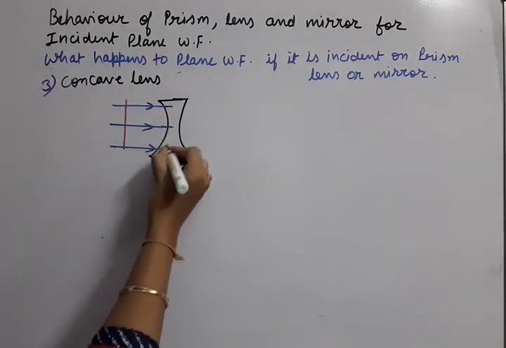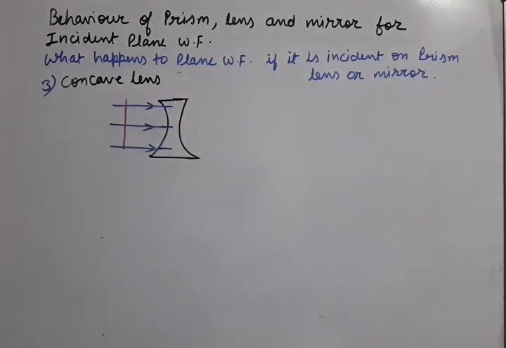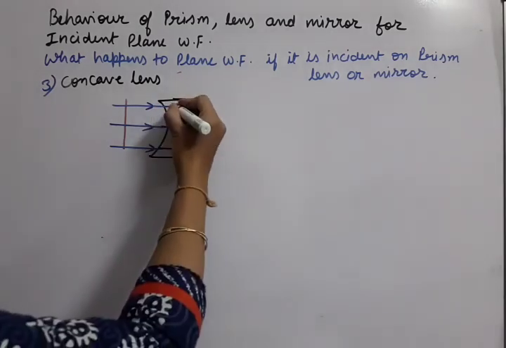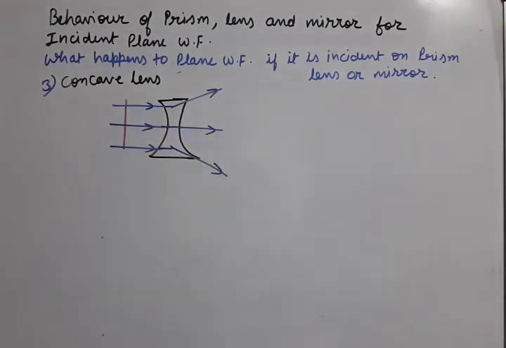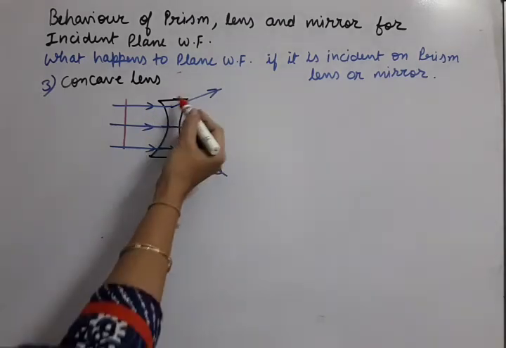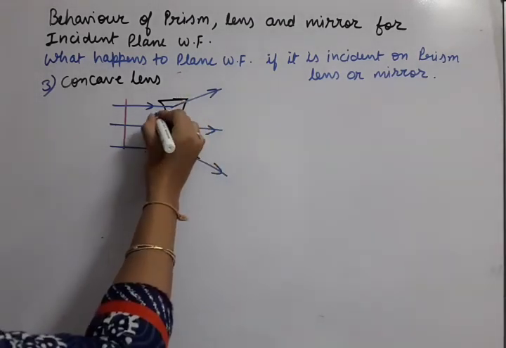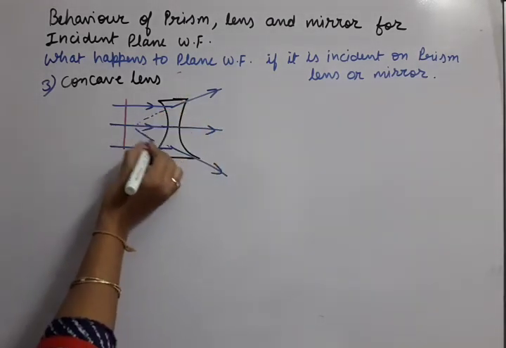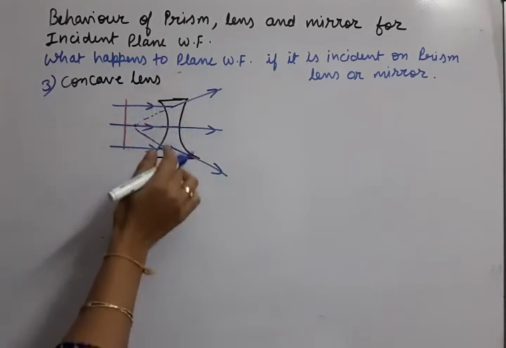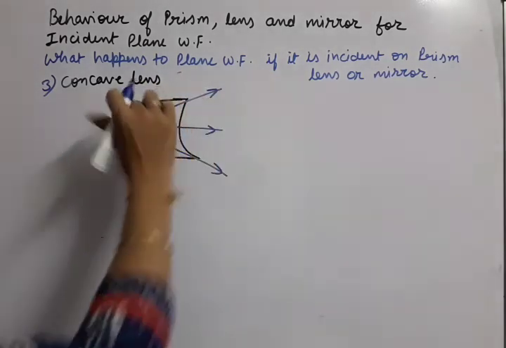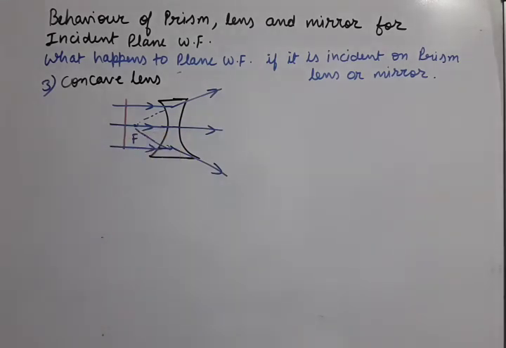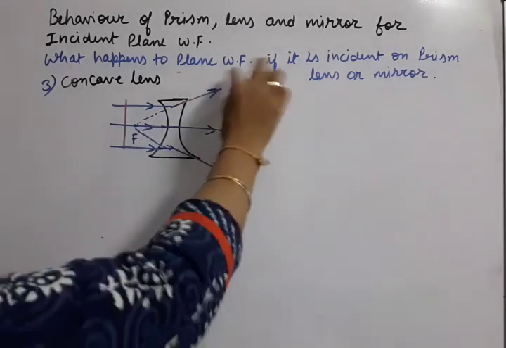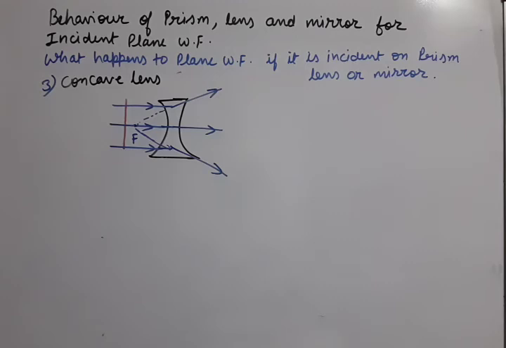Now what is the nature of concave lens? It is converging or diverging. So we know that it is a diverging lens, this way. Okay, so rays are diverging, so they appear to come from some point. We already know this thing, that for concave lens the rays which are diverging, they appear to come from some point that is called focus. So what is here, we are getting these rays which are diverging. So what should be the shape of the emergent wave front?